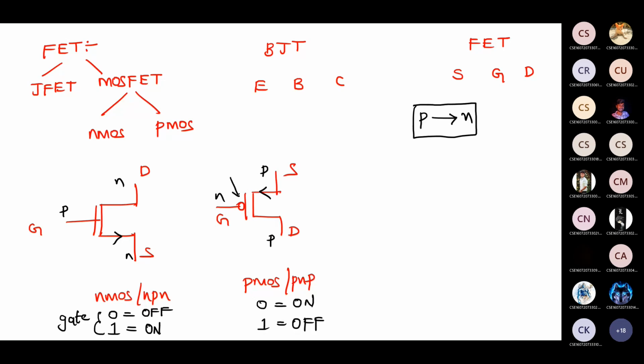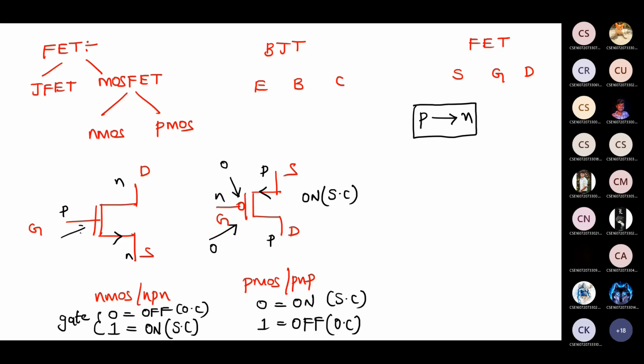So blindly remember, if there is a bubble and you are applying input as 0, this one will function as on. On is nothing but short circuit. And suppose you are applying 1, it is off. Off is called open circuit. Just remember this terminology, which will be useful for us now. On means short circuit, off means open circuit. Whenever there is a bubble, if you are applying input as 0, it will be on.